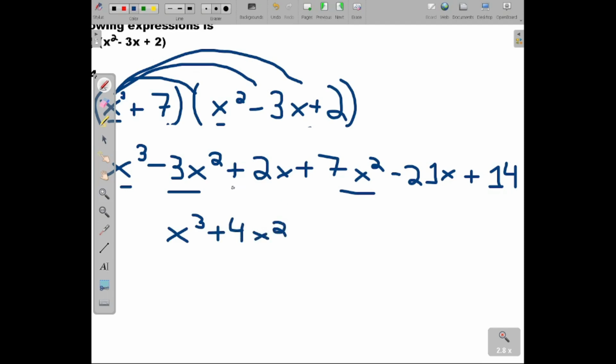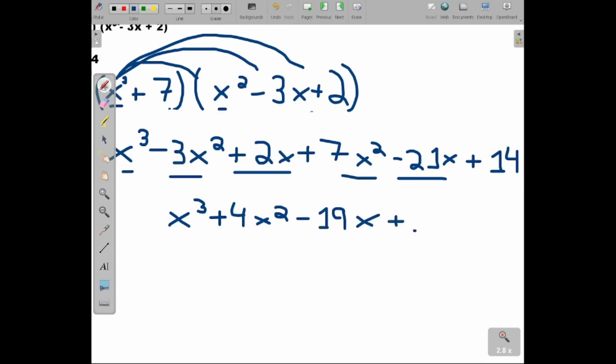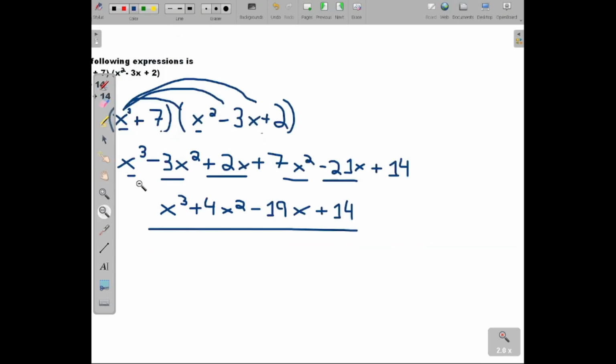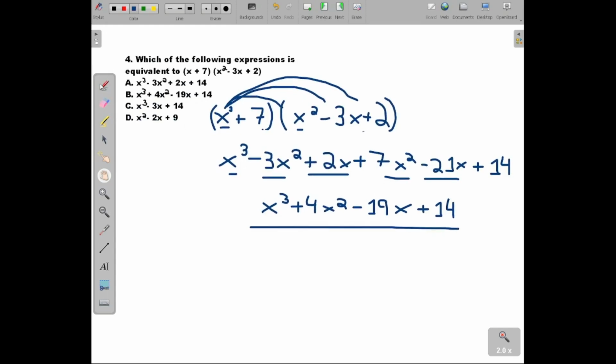Now we have to add 2x minus 21x, which is equal to negative 19x. We only have 14. This is our solution. And the right answer is